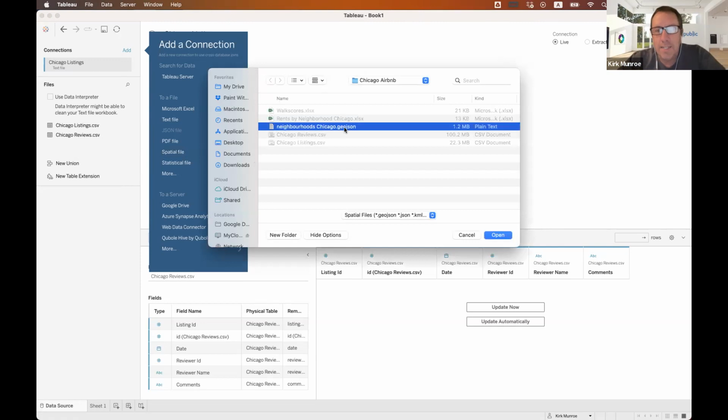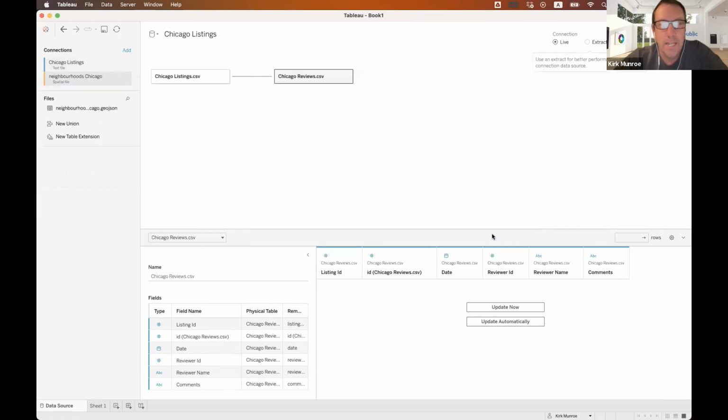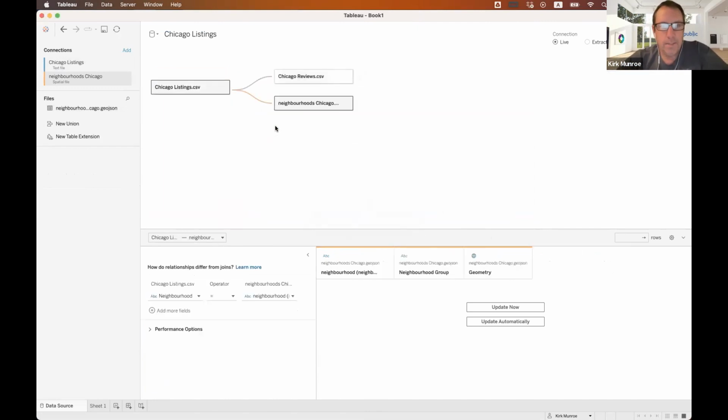Here's a kind of simple one: it comes with a GeoJSON file, that Airbnb data, which gives you Airbnb neighborhoods in a shapefile, which means you can use it for a map. So I could also take this shapefile and maybe,